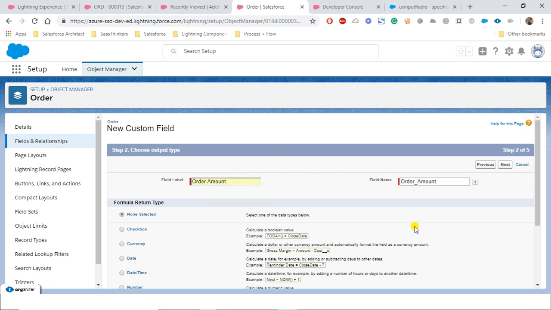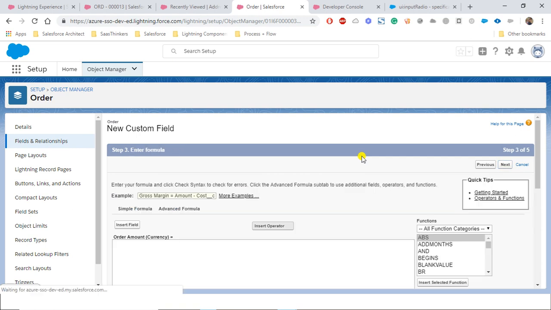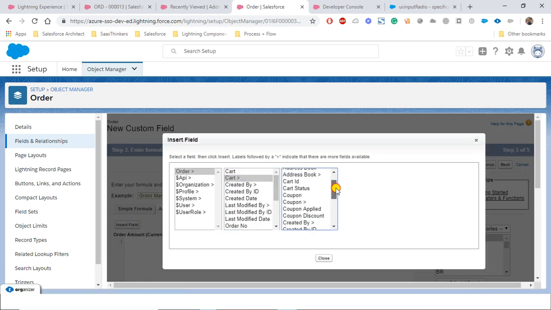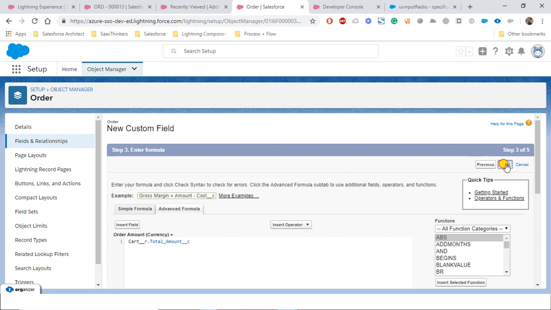So it will be order amount, currency. Next, we can go ahead, insert cart, and we will get whatever the total amount is there. Save it,